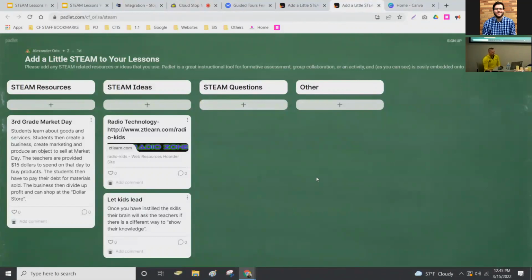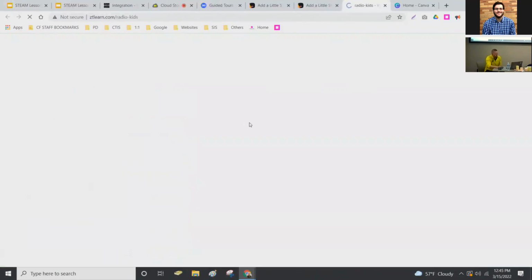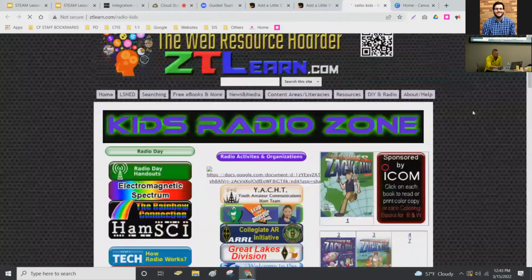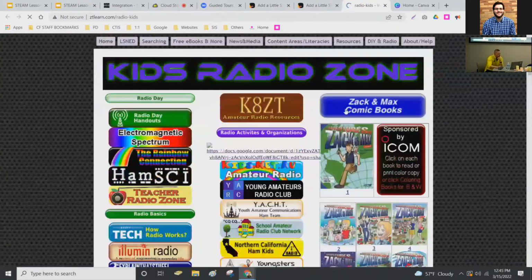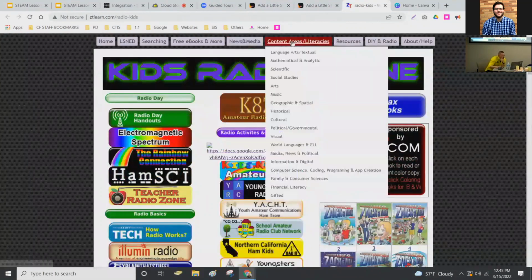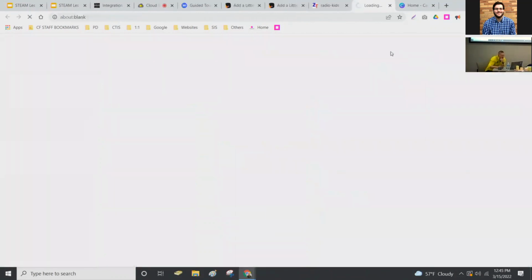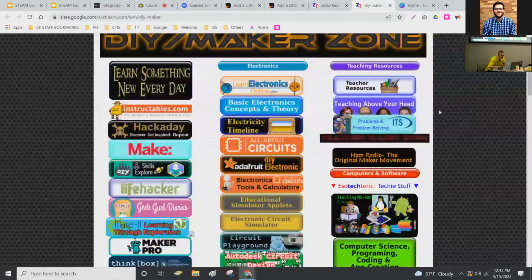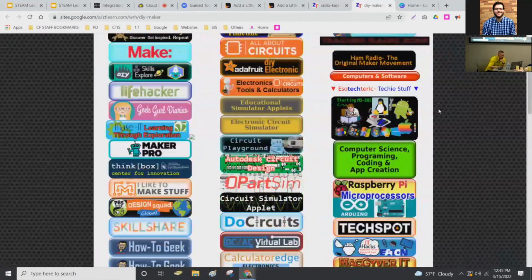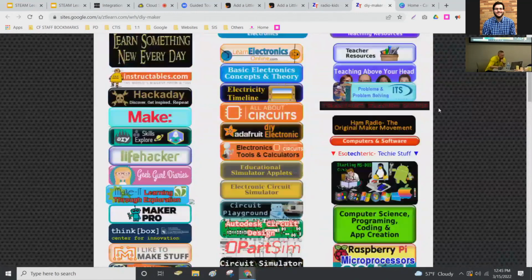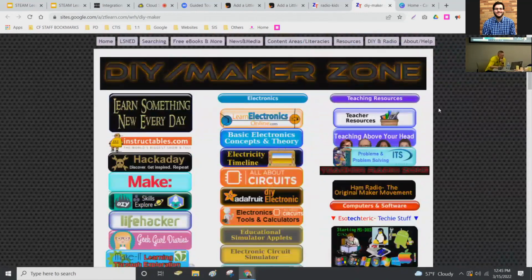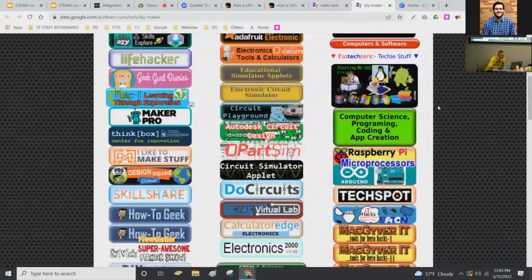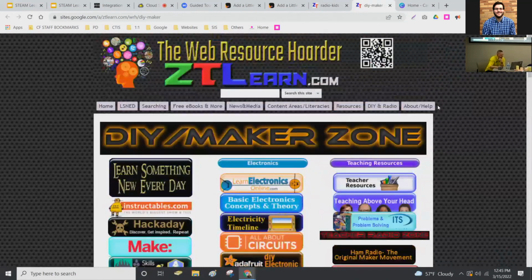I have a whole webpage called GT Learn, and one of the pages is on radio technology, and this is the kids' radio zone. There's also one for teachers. Also, at the top tab, there's a DIY zone that has DIY type things. But this is all curriculum based on radio and electronics. I also have an opportunity: if you have any teachers that are really interested in radio technology in the classroom, I have a free training opportunity for this summer. Actually, 4 opportunities. It's a national program, and if they're interested, I can provide them information on that.